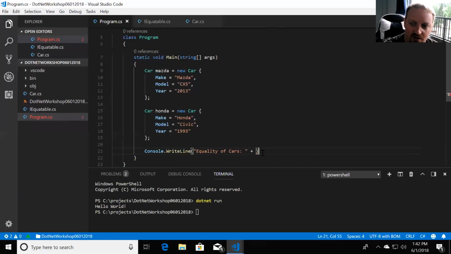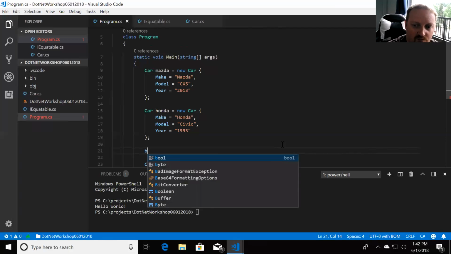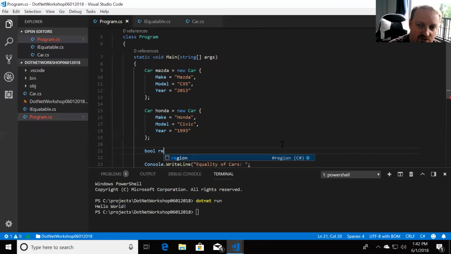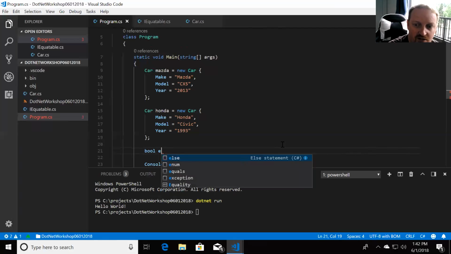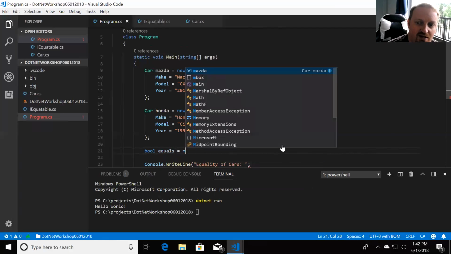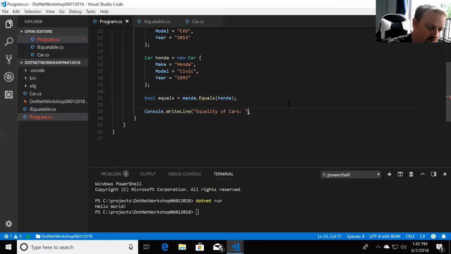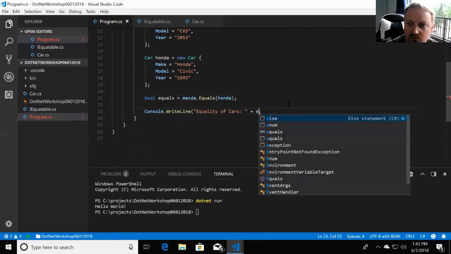Actually, before I get into the console.writeLine, let me just do this, just to make things a little bit more expressive here for you guys to catch on to. I'm going to create a variable here, and I'm going to just say Boolean, result, or no, we'll say equals. And we're going to say this is going to be the equals of, is the Mazda car equal to the Honda car? And then we're just going to say equals